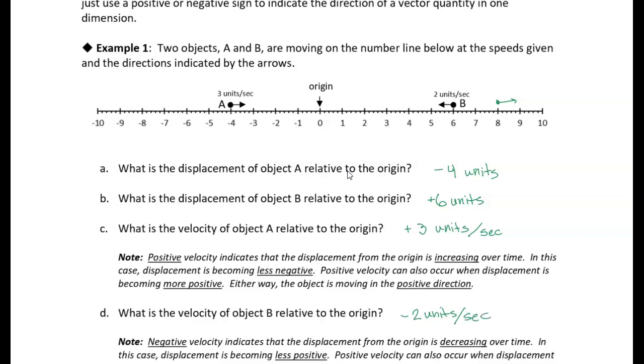And so negative velocity just indicates that the displacement from the origin is decreasing over time. And in this case, it's just becoming less positive, right? It's moving toward the origin. But you can also get a case